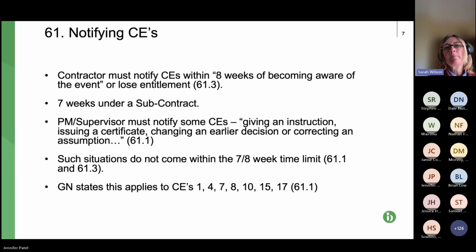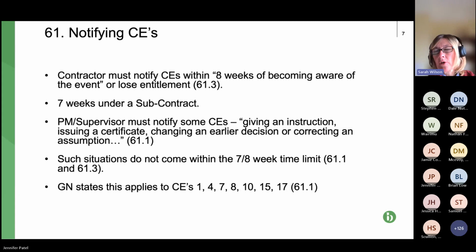But also bear it in mind, because I have seen instances where employers and clients have said to contractors, you didn't notify this CE 1 within the deadline, so you're time barred, you're not entitled to anything. So just be aware of that. Having said that,